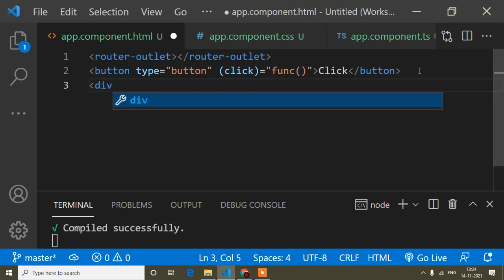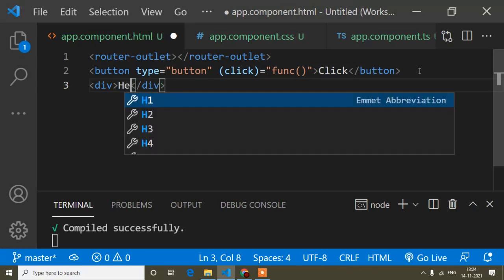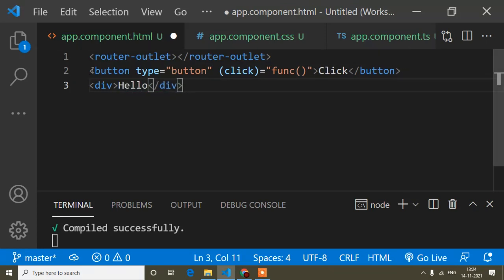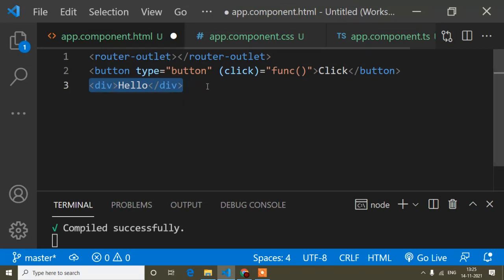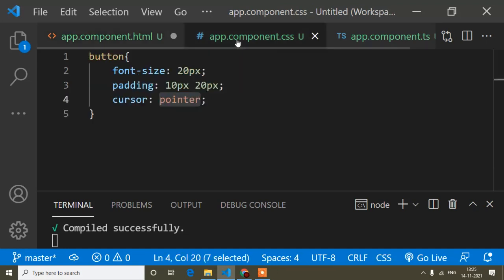Okay, a div element, which I actually want to toggle. So div, and here I will simply write hello. When you use this for a menu bar, instead of the button you can add the menu bar icon, and instead of the div you can simply add your menu, with its HTML code and CSS. Whatever I do next, you can do the same, but add your menu and menu bar instead of the button and this element. Okay, I hope it's clear to you.